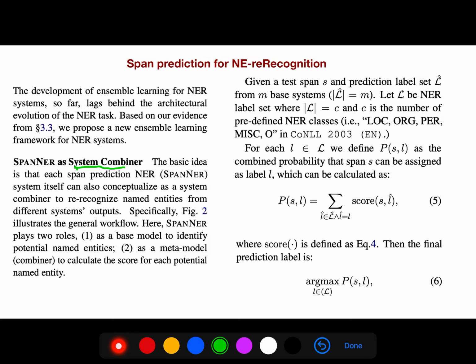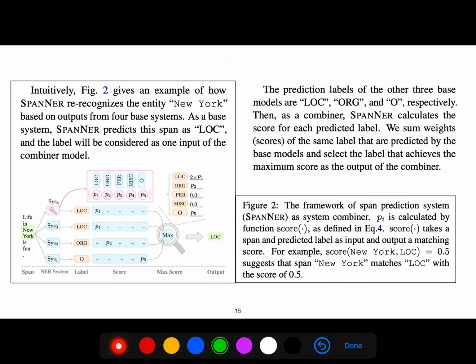So P is the combined probability that span s can be assigned the label l, and the score is defined before. The final prediction is just over all the labels. Because we have different systems, different models, and each one says something different, we take the max.